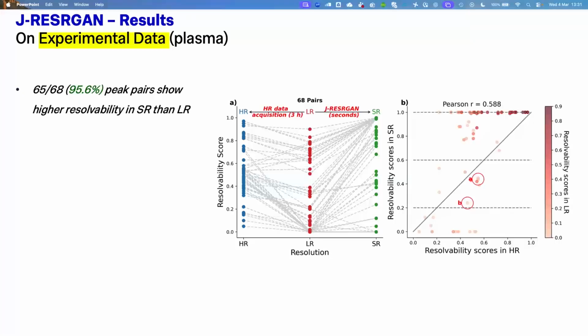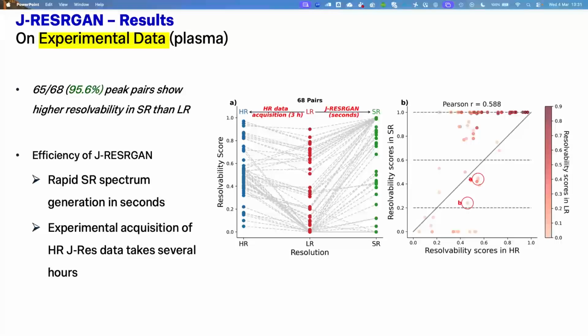And you can see that we get a similar sort of plot comparing the high resolution and the predicted super resolution here, but actually quite a lot of the peaks are even better resolved than you might expect. So at the end of the day, this is something we thought is working not too badly, even on real data. The key point is that going from this low resolution real data to the high resolution data might be going from something like a 10 or 15 minute acquisition up to something like 3 hours on the real spectrometer. So if you're going to rely on the predicted super resolution data, you're saving a